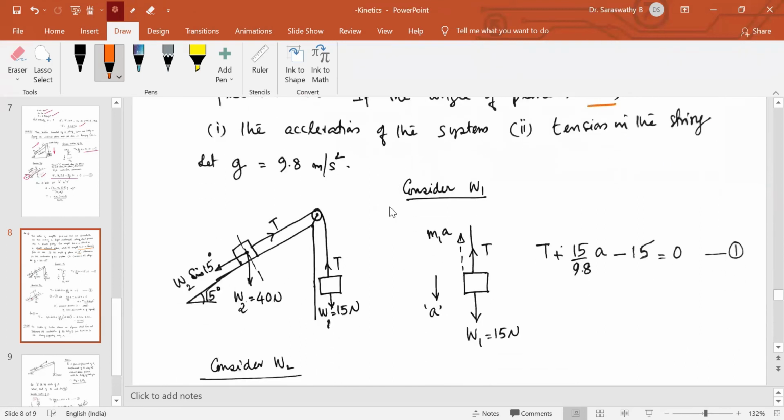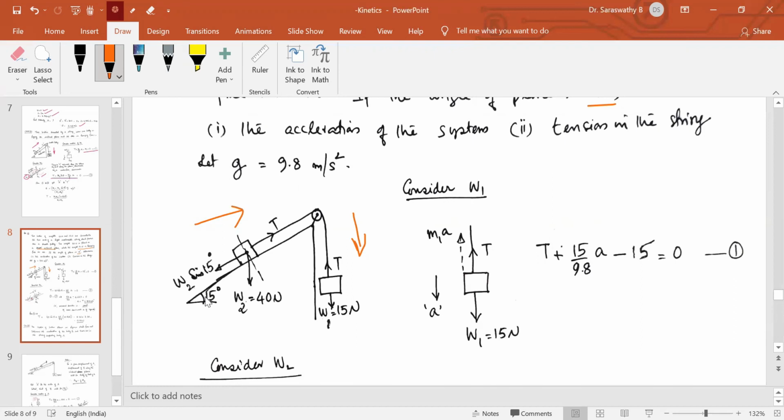So, let us draw the same figure as earlier. The plane is inclined at 15 degrees. The 50 Newton is hanging free and this 40 Newton is on the inclined surface. The two are connected by a rope which is passing over a pulley. So consider one by one. Consider the first one, W1 hanging free, W1 acting downwards, tension acting upwards. What is the direction of motion? Let us assume this comes down so that the other will move up. If anything is wrong in the assumed direction, you will get the acceleration as negative. That's all. Don't worry.